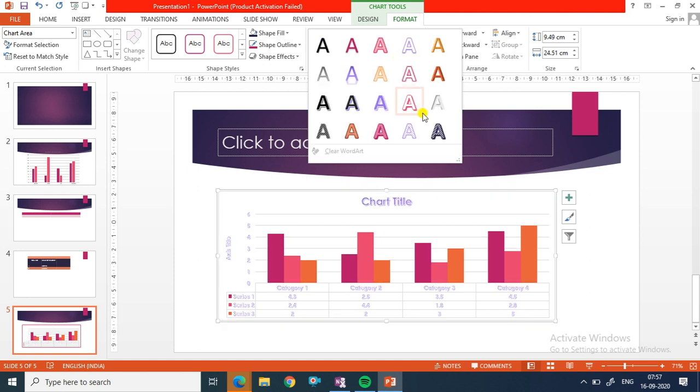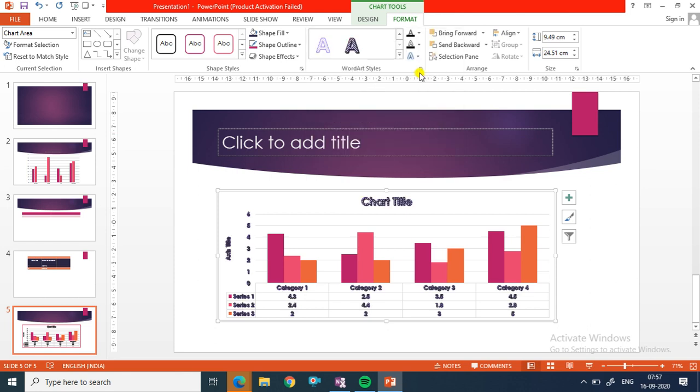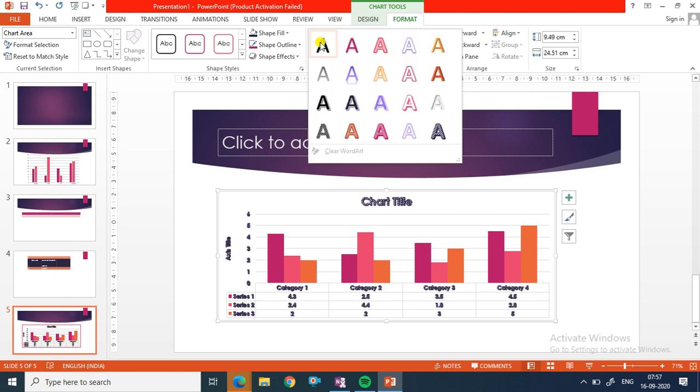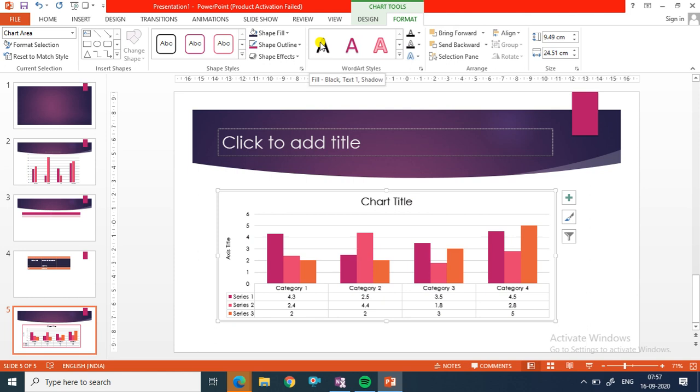See the changes. In this way you can use the format tab to modify the chart.